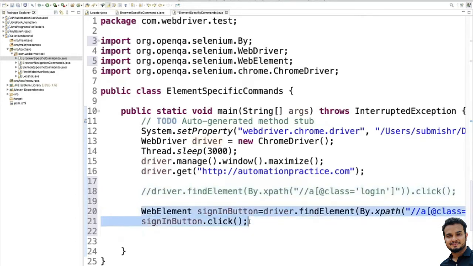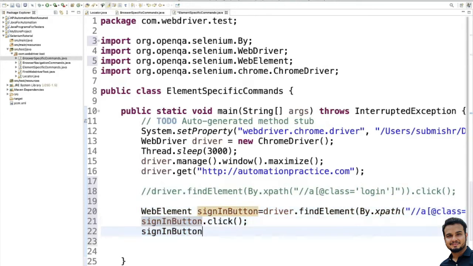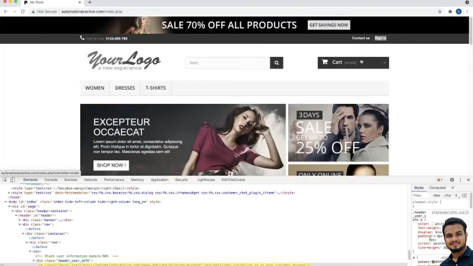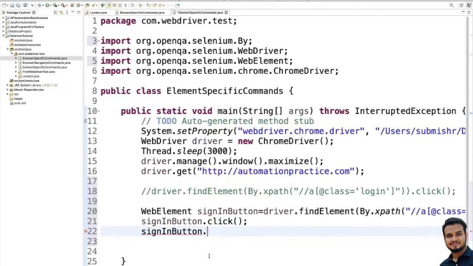We are using this. One more thing, if you notice, for the sign in button, let me show you again. signInButton dot, you are seeing a lot of other methods, right? Clear, click, getCssValue, getLocation and all. But here you just need the sign in button's click, so don't get confused by the other methods. It will show you all the methods. A web element can be of any type: text, link, radio button, drop down, web table, or any HTML element.